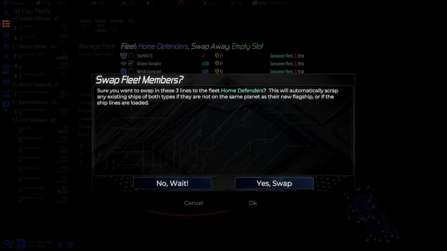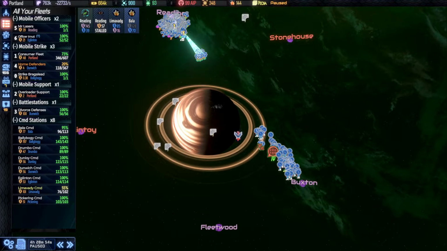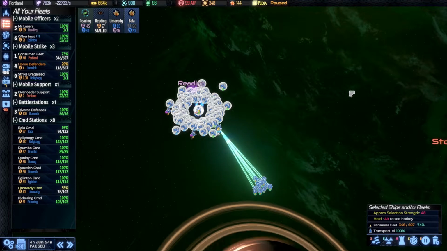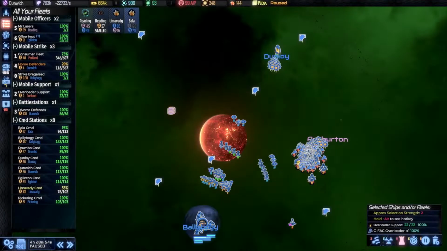This will cause them all to blow up where they are, so we will lose a bunch of them there. You know, it's not the worst thing in the world. We're currently not really doing anything with this fleet. They're just stacked up there. So, let's unpause and see what